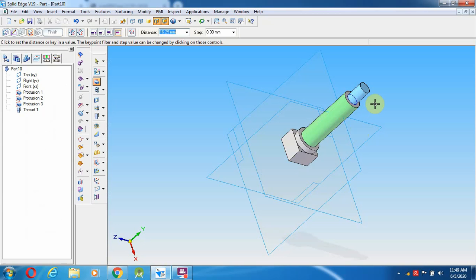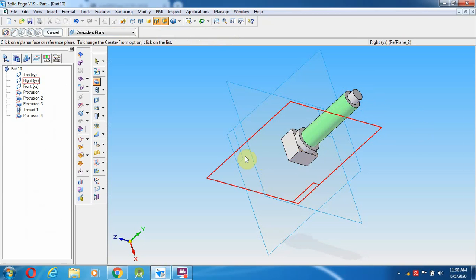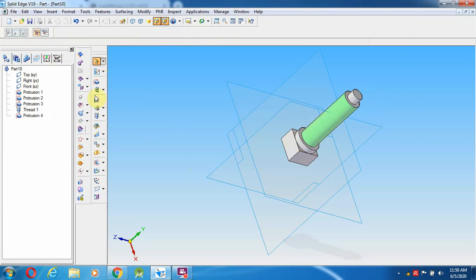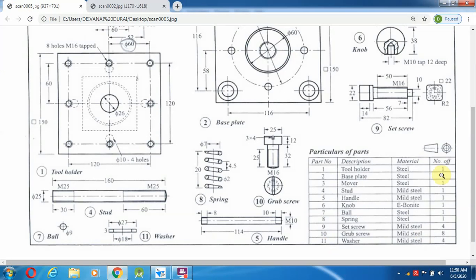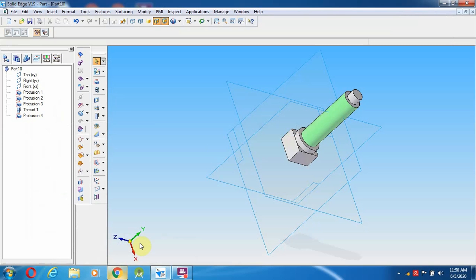I'm going to do 7. After completing this, I'm going to make the ends a 2 mm radius. The radius option is provided over here.